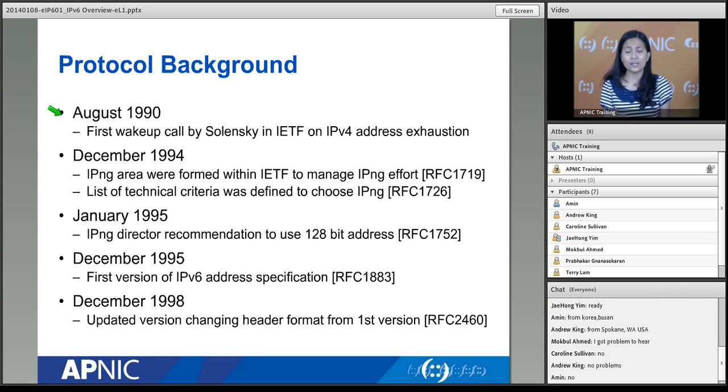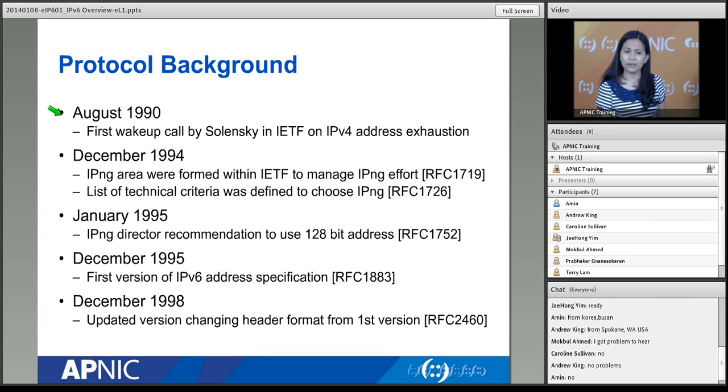That's 2 raised to 32. So that is around 4.3 billion addresses. However, not all of it is going to be used. Some of it becomes your broadcast address, some of it becomes your private addresses, some of them are experimental. So only a chunk of that is the public addresses. Another thing is, during the early days of the internet, they didn't foresee that it would become as big as it is today.